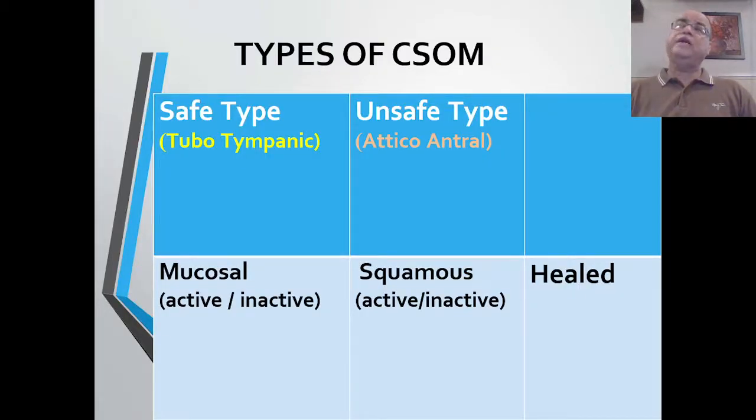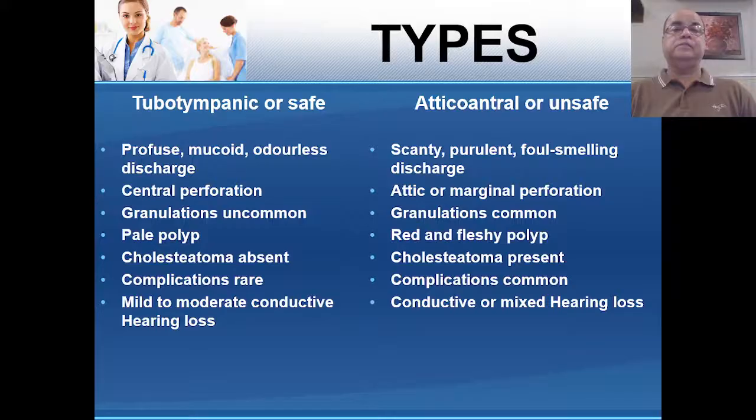It is also divided into two types depending upon their complication rates. It is called the safe type and the unsafe type. Tubotympanic is the safe type. We will come to know why it is safe, and atticoantral is unsafe. Why that is unsafe, we will come to know later on. Now, this is the nutshell of chronic suppurative otitis media, and if we understand this particular slide,